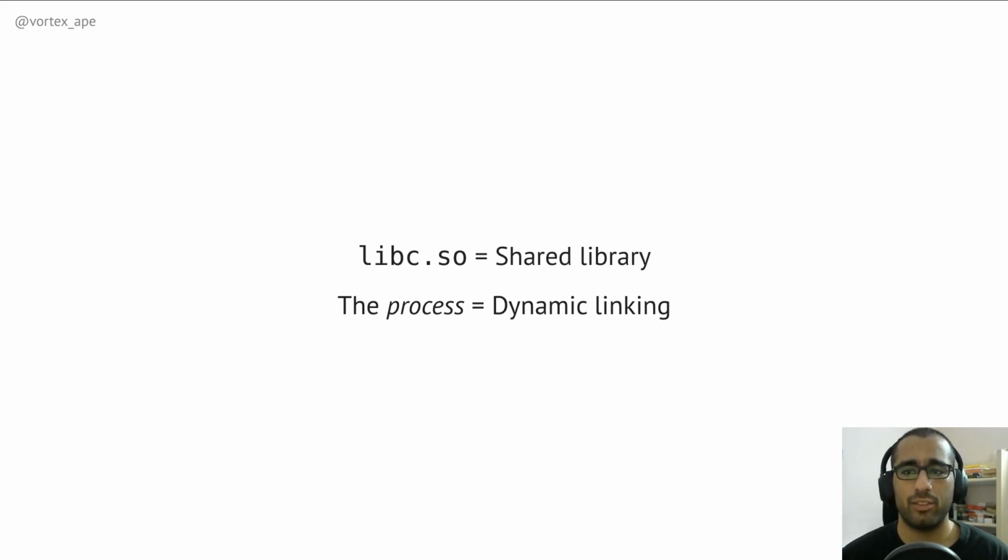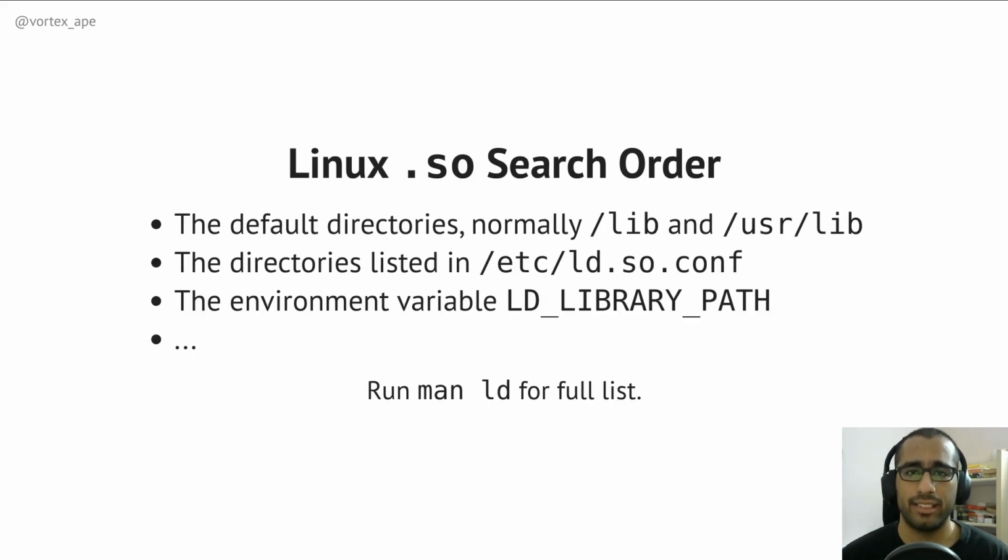Shared libraries are loaded into memory the first time a program that requires them is executed, and if during that time another program that requires them starts executing, it can just reuse the copy already loaded into memory. On Linux, shared libraries follow the libfoo.so naming convention, for example libc, libpng, or libpoppler. This is the shared library search order on Linux. The dynamic linker ld first looks into one of the default directories, then looks for all directories listed in its config file, then looks for any paths on the LD_LIBRARY_PATH environment variable, and so on. You can check out the full list on its man page.